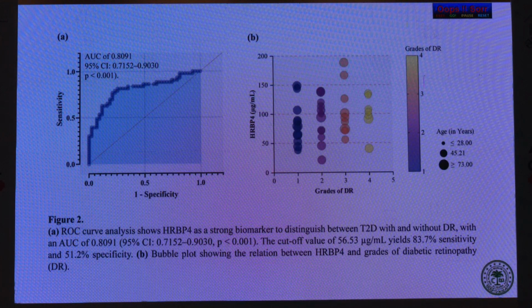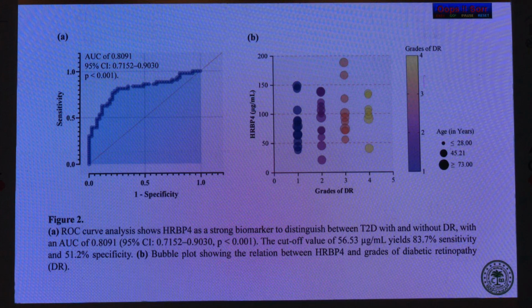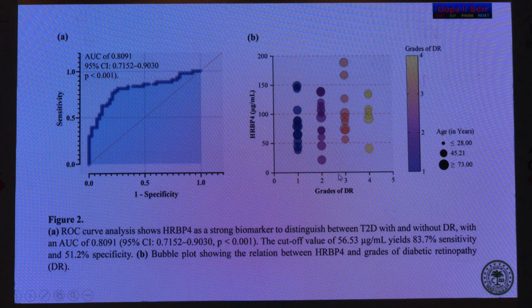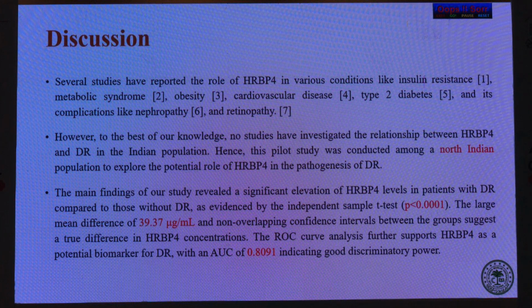Now the ROC curve analysis of RBP4 showed that RBP4 is a strong biomarker to distinguish between the diabetics and the patients without diabetes. And this is the bubble plot depicting the relation of RBP4 between the grades of diabetic retinopathy. Several studies have reported RBP4 in various conditions like metabolic insulin resistance, metabolic syndrome, and other